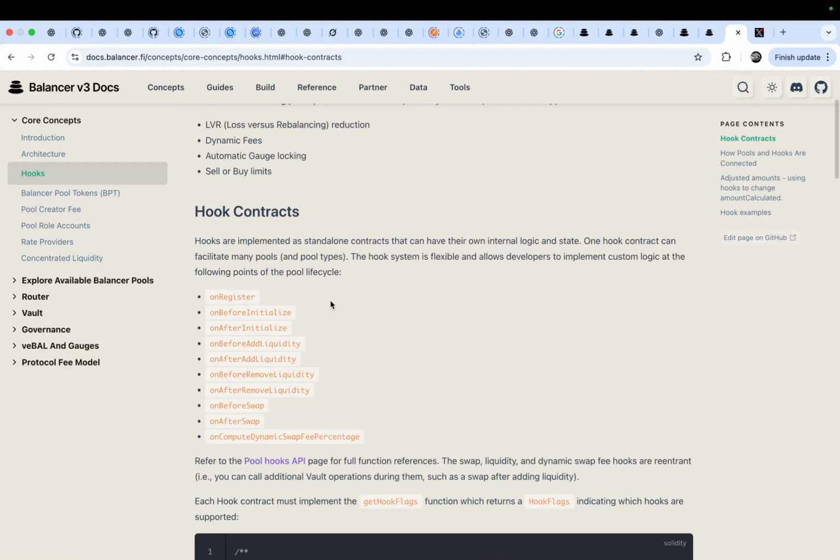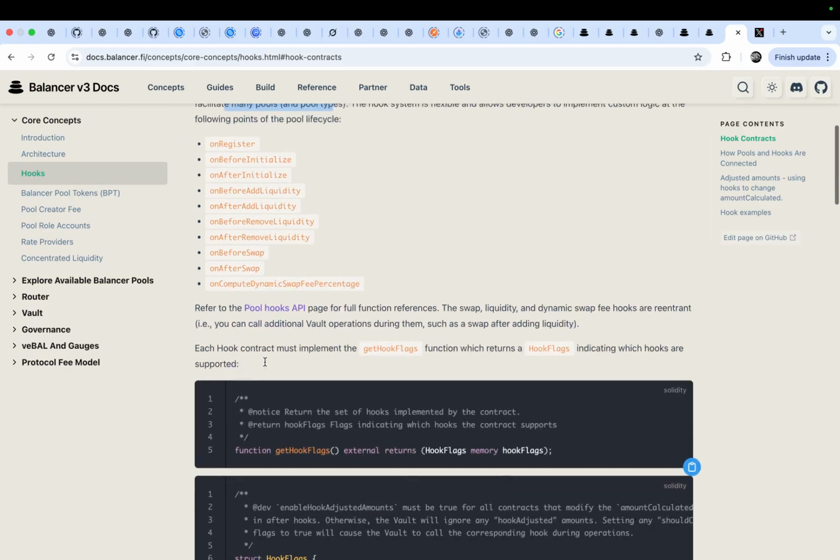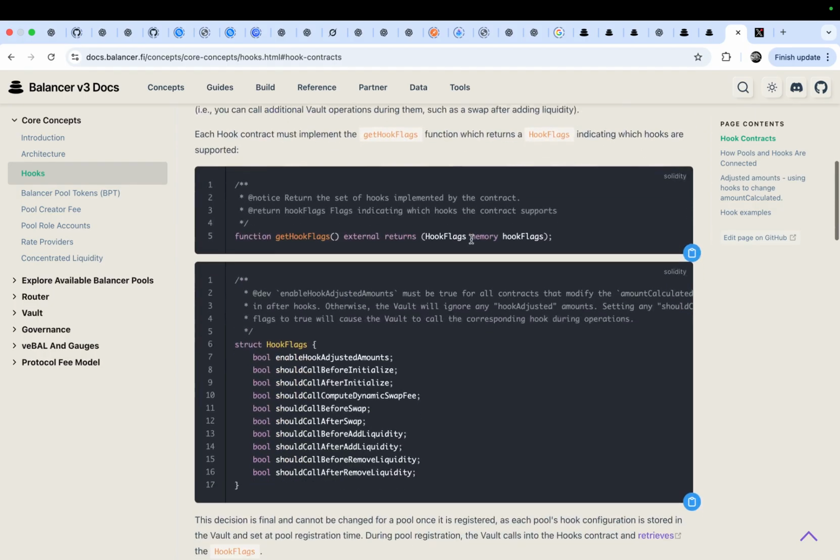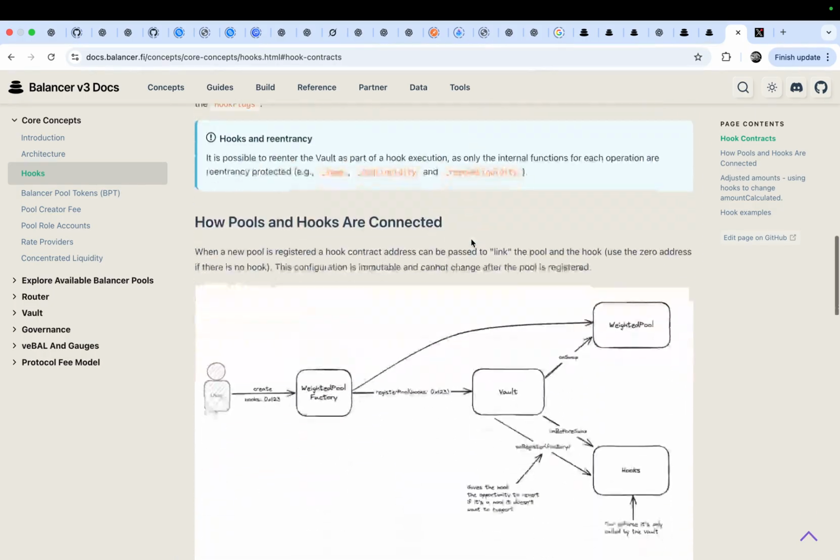You can implement the smart contracts as the curve-like pools and other kinds of pools. And there are already some hooks API you can call or invoke.